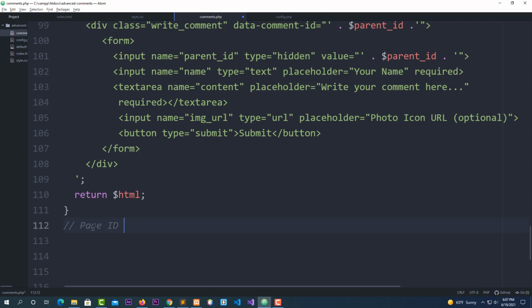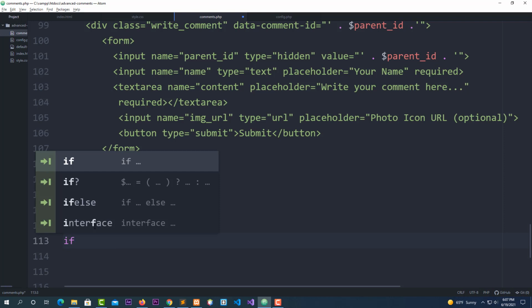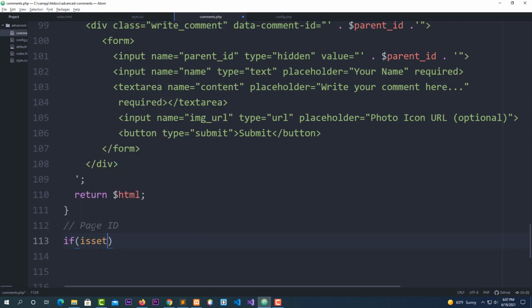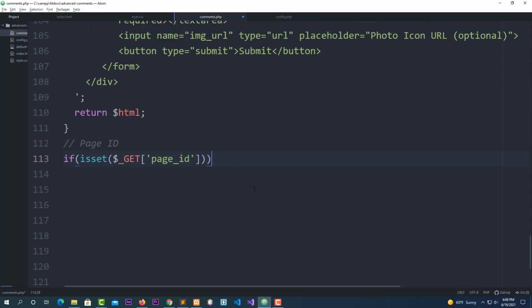Page ID needs to exist, as it is used to determine which comments are for which page. This is what I'm going to do right now. For this, I'm going to say if isset, and $_GET, I'm going to use this as a GET method. Okay, $_GET['page_id'], as an if,